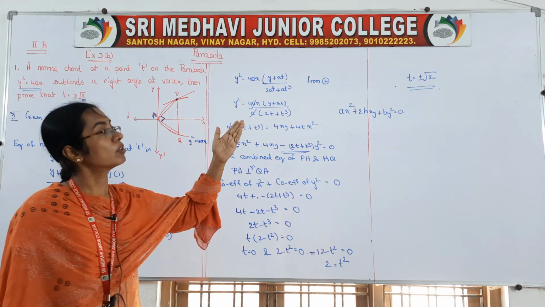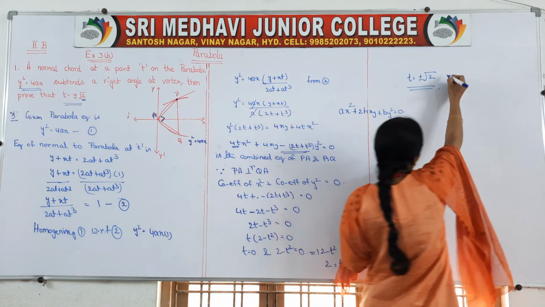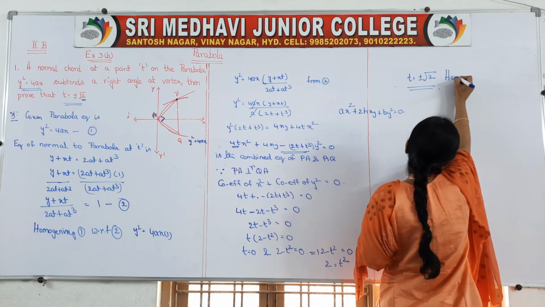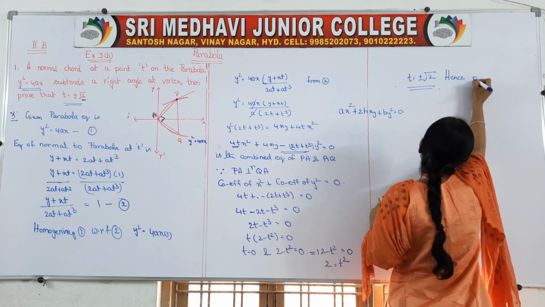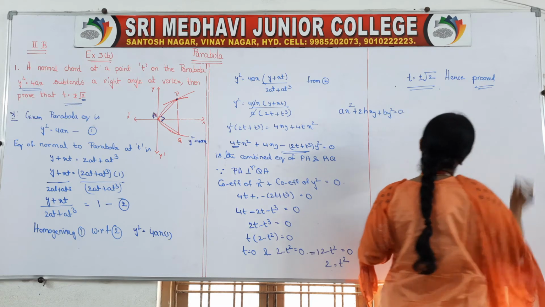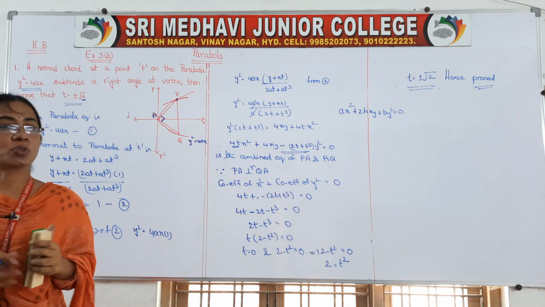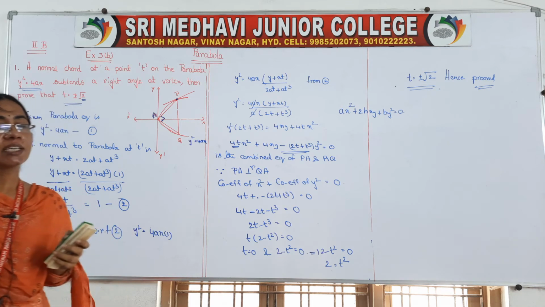So, t square is equal to plus or minus root 2. So, we got the value, hence proved. This is a show that problem, isn't it? Whenever we get problems like this, show that, prove that, at the end we have to write hence proved. Okay. So, once again here